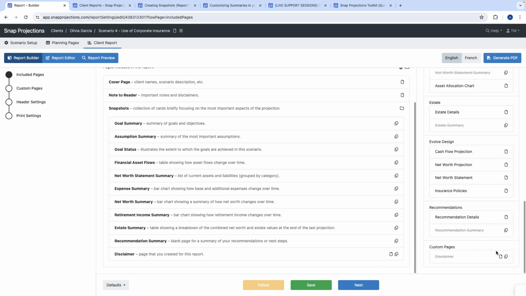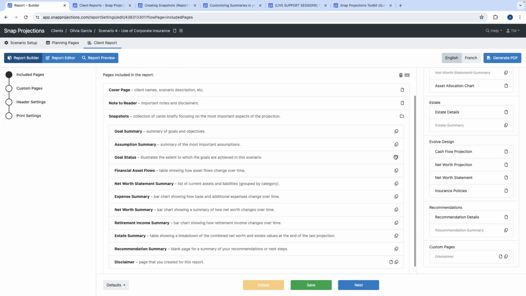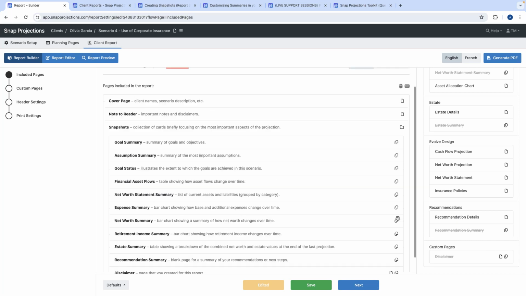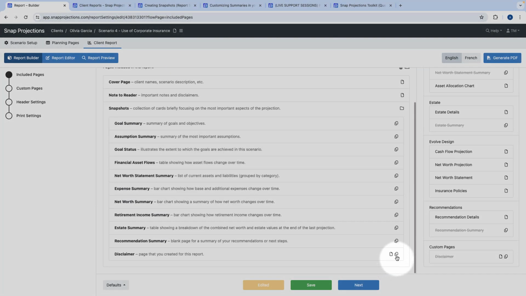So right now you can see that snapshots, all of those page-like cards are indented a little bit. Every regular page is a full-size page. It has a little icon on the right to indicate that it's full size. And snapshot pages have the little icon that's like the little two pages. So the ones that have both, so the disclaimer that she added as a custom page,